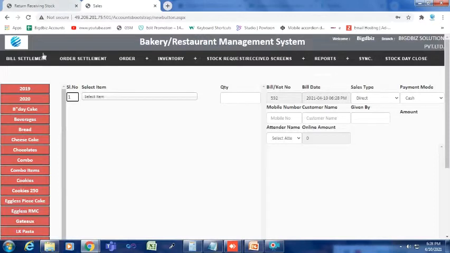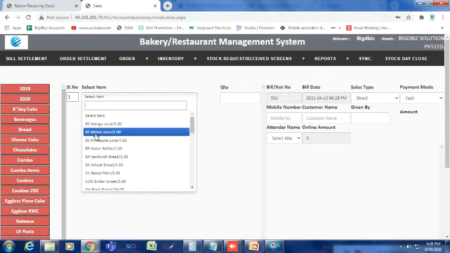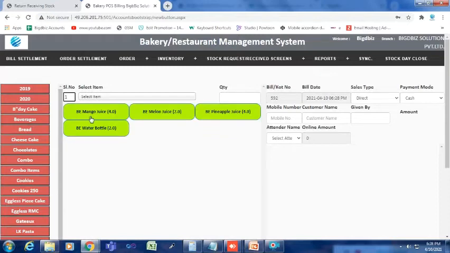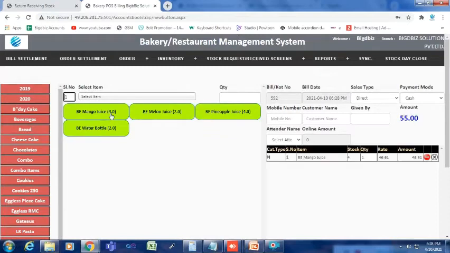You can see here, this is the billing screen. The billing screen comprises the POS button. You can either use a POS screen, otherwise if you want to use a keyboard, you can type it here for fast billing also. These are the categories which have been created in the production itself, and you can just click and see that these are the items. You can either click multiple times to increase the quantity, otherwise you can enter it directly also.